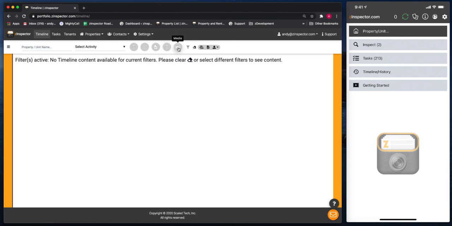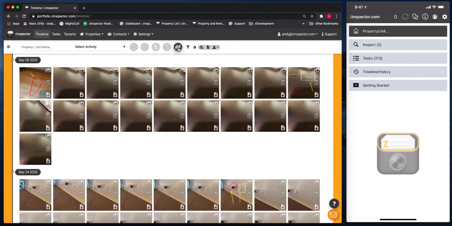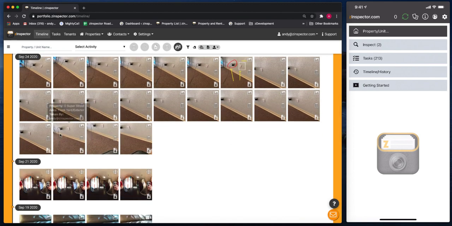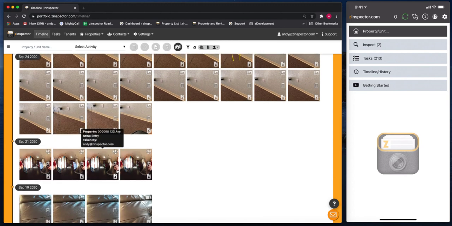Now, here, media, that just shows you your raw pictures. So this now, again, is all searchable as well, and you can hover over it, and it'll show you the address, what's a picture of, who took the picture, all that information from it. And then there are various icons here as well. And so if I click these icons here, or the top icon on any one of those,